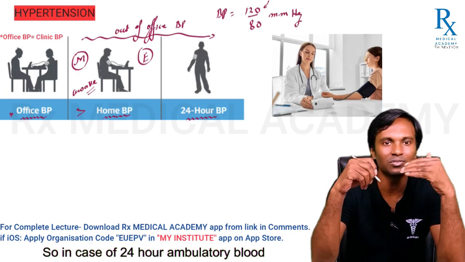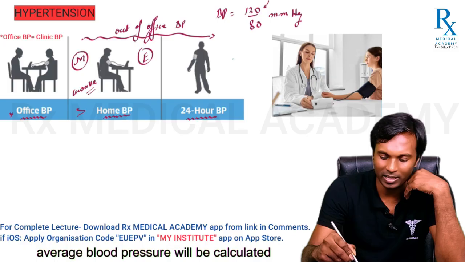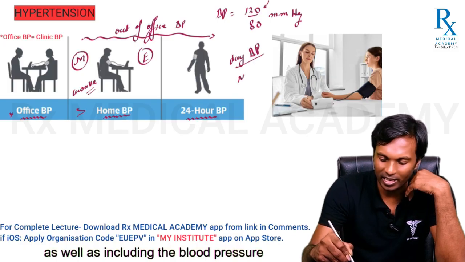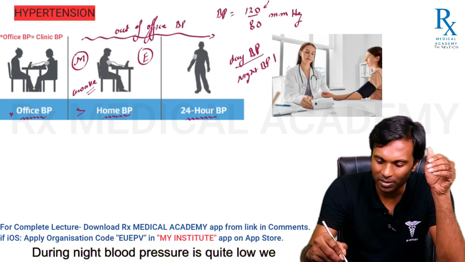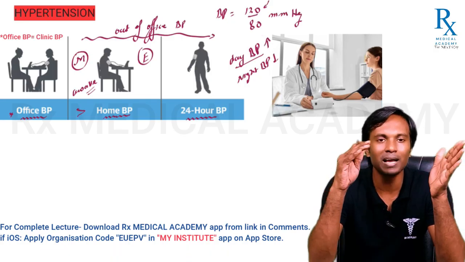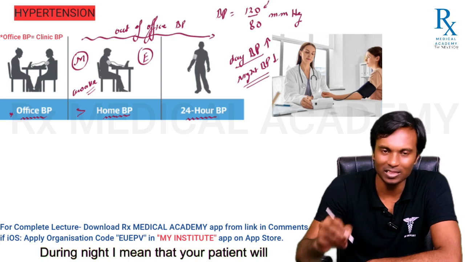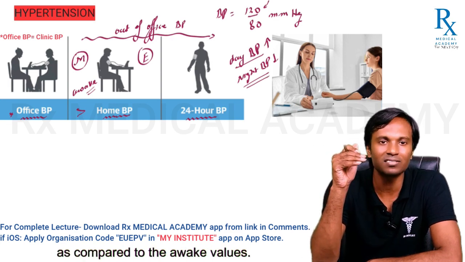So in 24-hour ambulatory blood pressure monitoring, average blood pressure will be calculated from the blood pressure during the day as well as the blood pressure during night. During night, blood pressure is quite low. We will discuss over a period of time. By day, I mean that your patient is awake. During night, I mean that your patient will be sleeping and BP will be far lower as compared to the